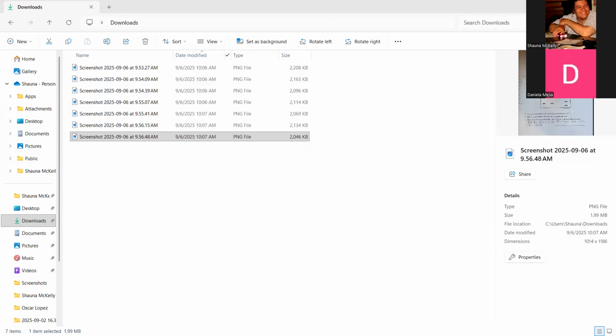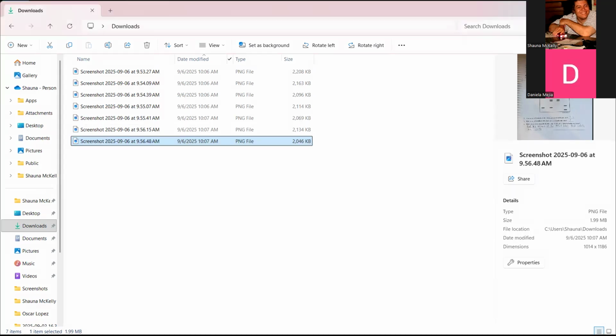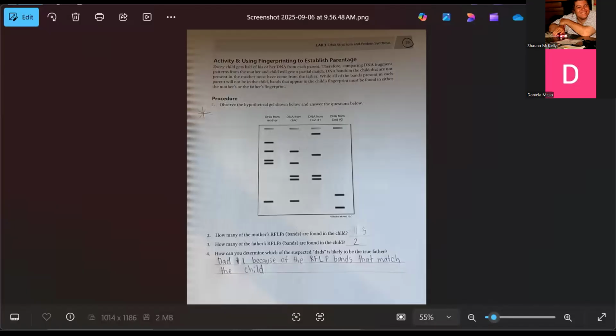If I can find the Zoom link, we're looking at, there we go. Oh, my screen share is paused, that's why. Okay, so here we're doing fingerprints of, okay,